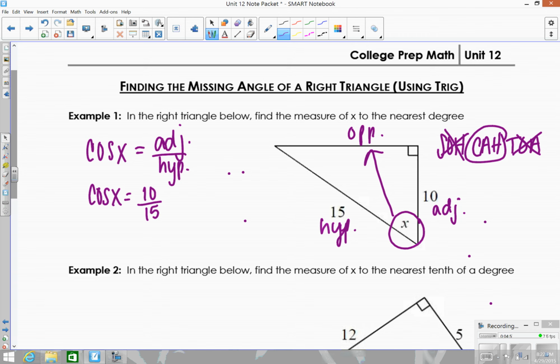I'm trying to find the angle. So what we're going to do is we need to undo cosine. So we need to take cos inverse of both sides. So if I take the inverse of both sides,